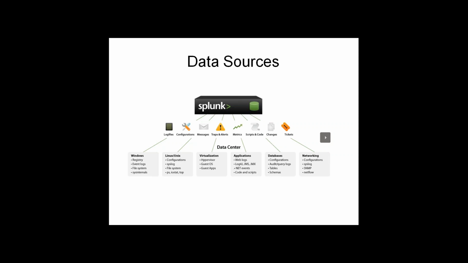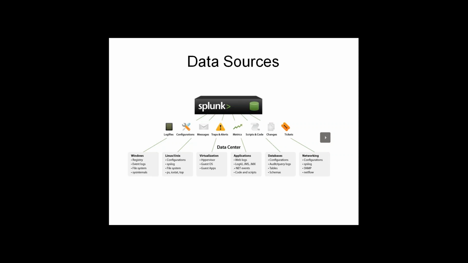Now coming to Linux and Unix, we can easily feed configuration, syslog, file system, and the output of any command. We have around 4,000 commands in Linux and Unix, and each command has at least 10 to 15 options. If you multiply 4,000 by an average of 10, you get 40,000 commands along with options. You can have any command running on Linux or Unix, and the output of those commands can be easily taken as an input to Splunk.